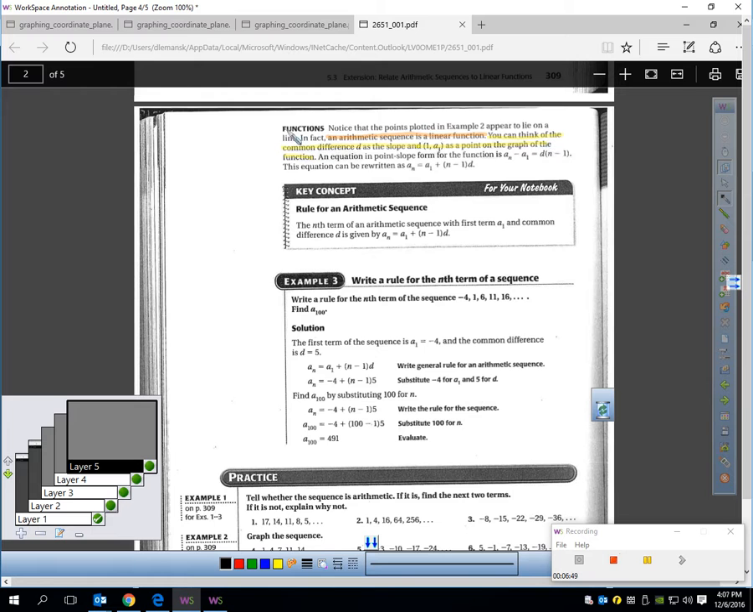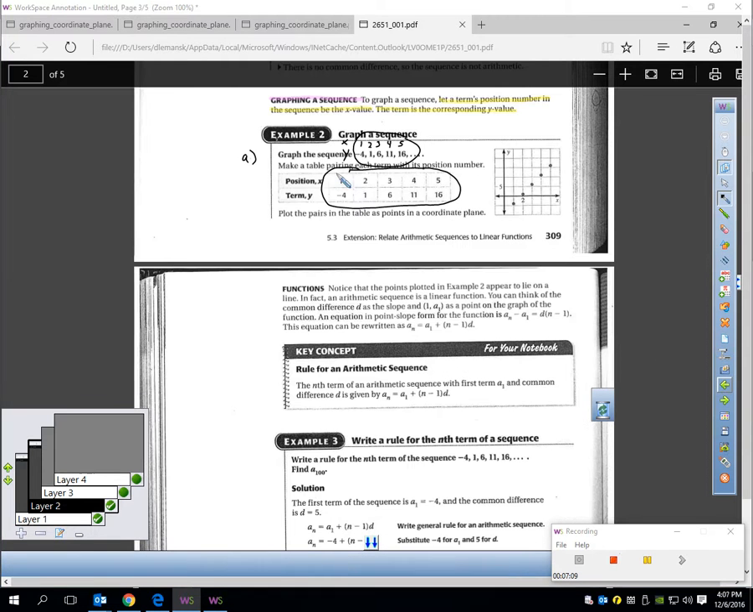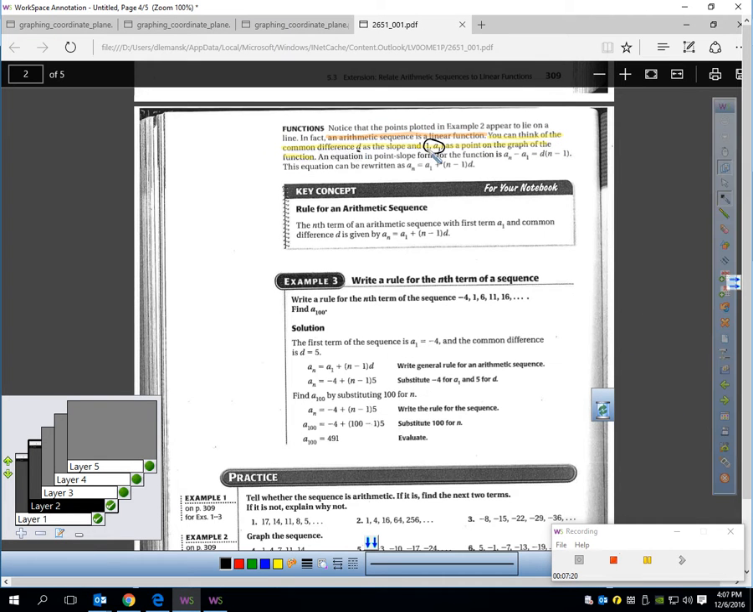You can think of the common difference, which they're labeling d, as the slope, and a sub 1, the first term of the sequence. If you're wondering where that is coming from, what they're saying is the common difference is the slope, and if I go back a slide, this point would represent the first term of the sequence. That's why they call it a sub 1. So if I take the common difference and that point,